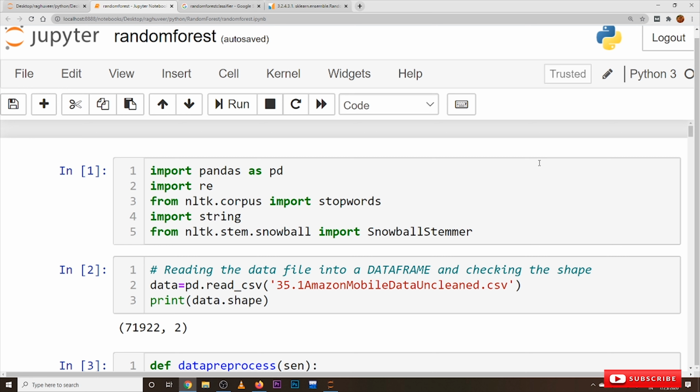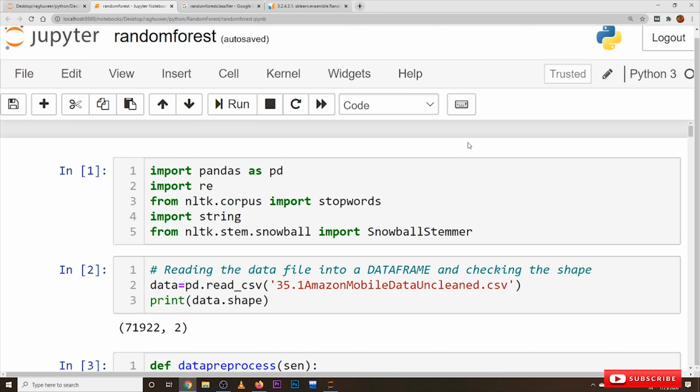Coming to the implementation, here we use the Amazon mobile dataset. The discussion about the Amazon mobile dataset and most of the coding we use for implementation was clearly discussed in the naive Bayes implementation on the Amazon mobile dataset. Whatever modifications we have made for implementing random forest will be discussed here. If you don't have any idea about this code, how we implemented it, how we did data cleaning and data pre-processing, or what ROC and AUC curves are, all these were discussed previously. So only the modification part will be discussed here.